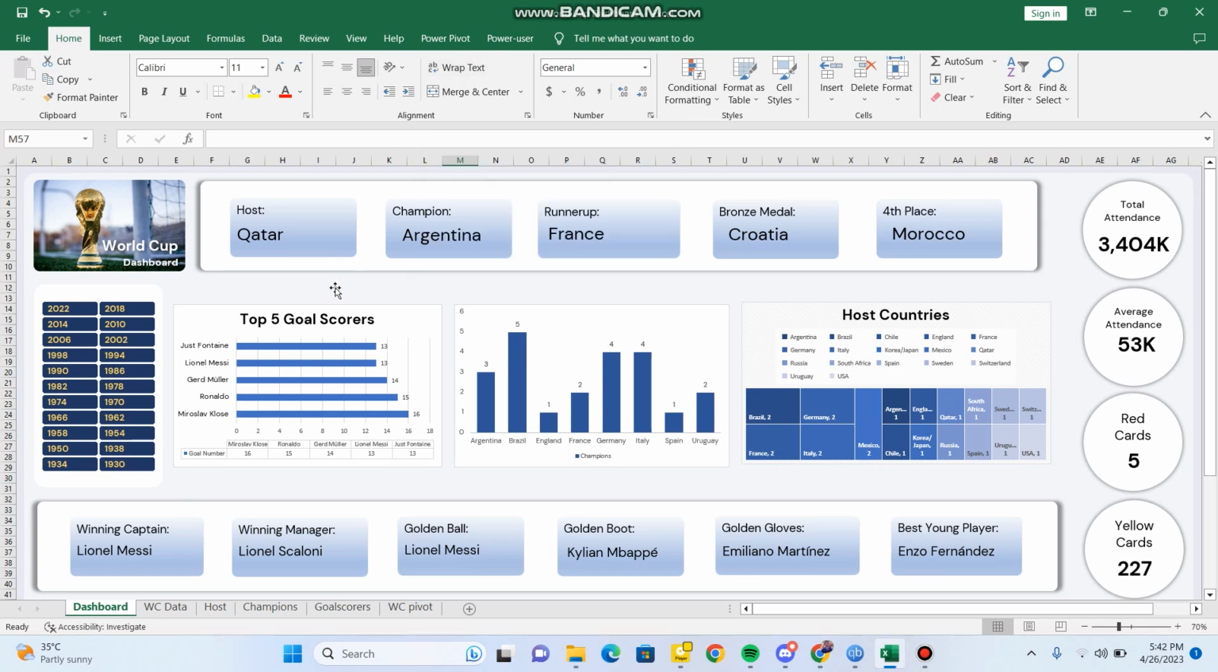Recently, I was learning Microsoft Excel and I thought, why don't I create a project for understanding what I have learned along the way? So I have created this Microsoft Excel dashboard based on all-time FIFA World Cup statistics, which shows me the all-time top five goal scorers list, the champions bar chart, a host country tree map, and other statistics for a particular World Cup, like the champion name, runner-up name, the individual awardees, and the total attendance, as well as